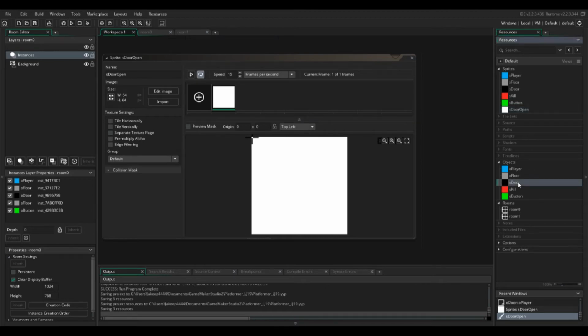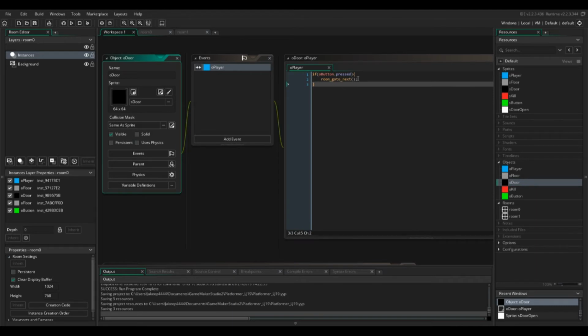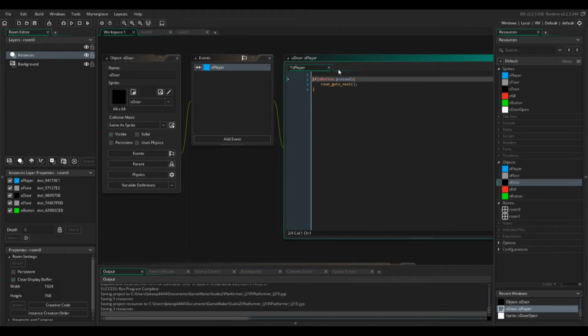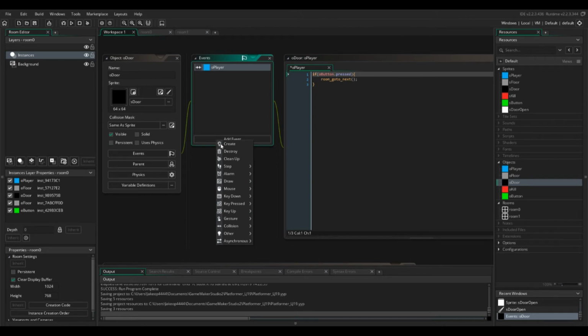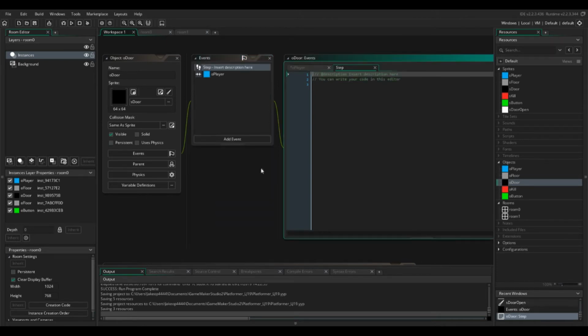And then, to go to my door, I want to say, in a step event, so that it will check every frame whether or not the button has been pressed: if button dot pressed,